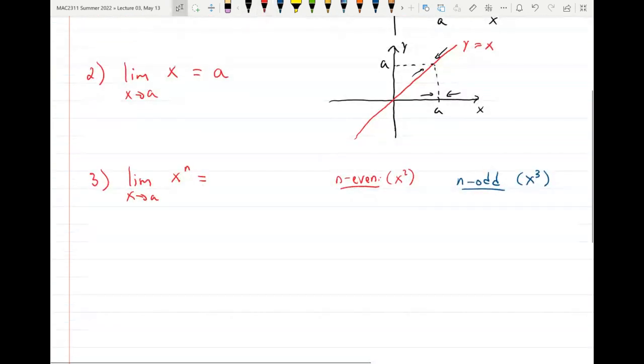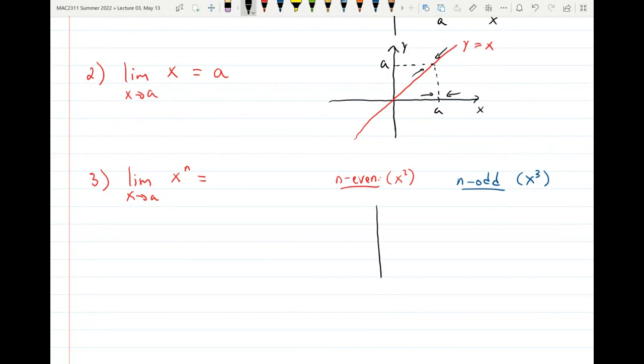As you know from pre-calculus, when n is even, the power function x to the n looks just like the x squared function. It's just that the bigger n is, the faster it's going to grow. So it's going to be closer to the y-axis. But when you look at it from far away, the shape is this, right? In particular, it's a nice little function. It has no holes, no gaps, nothing weird going on. Okay. And then when n is odd,